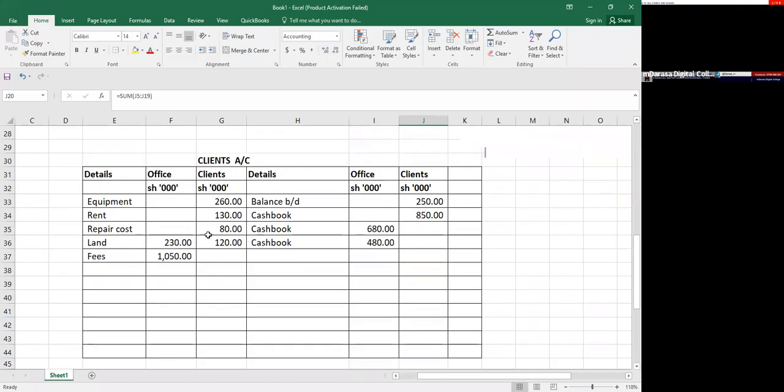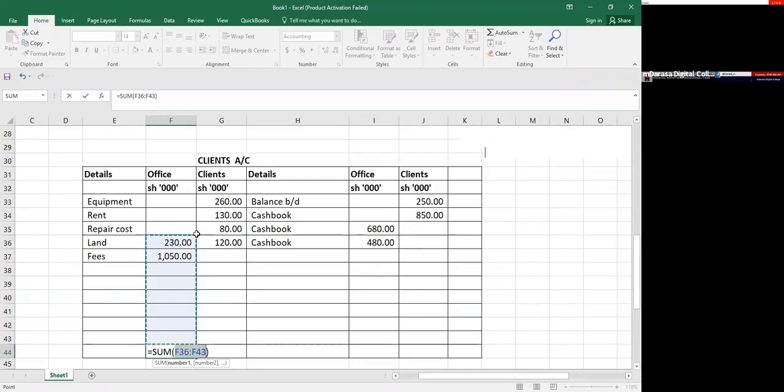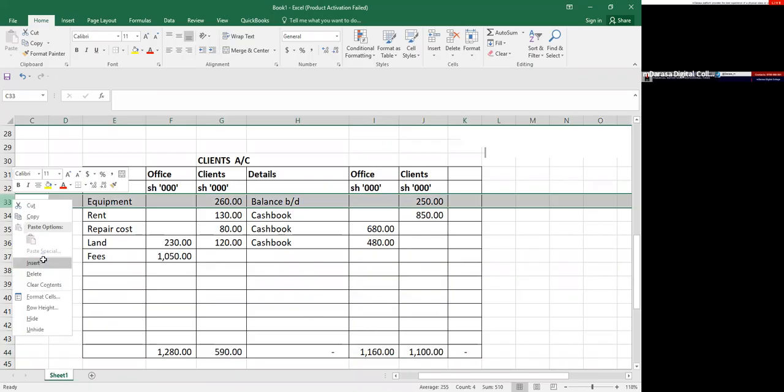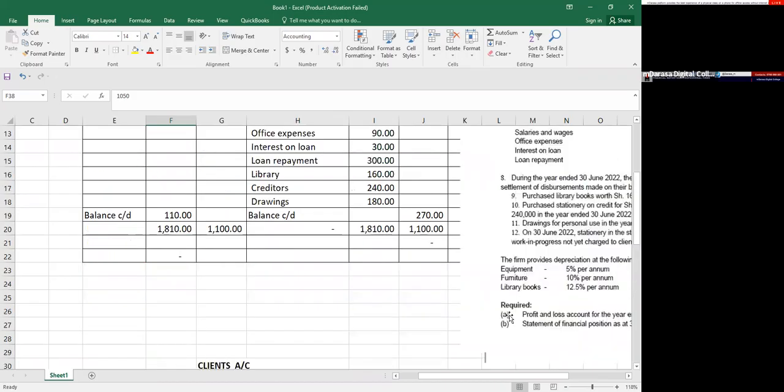Then on the client's account, we can also consider our workings and see what we'll be having. We didn't have a balance put down here. Let us check. You must be having a balance put down somewhere in the client's account. Rarely will we miss a balance put down. And where will a balance put down come from? Always check in your current assets. That one slipped us, sorry.